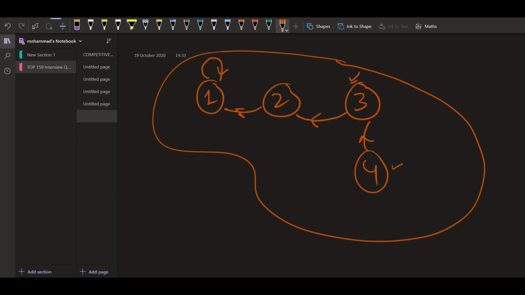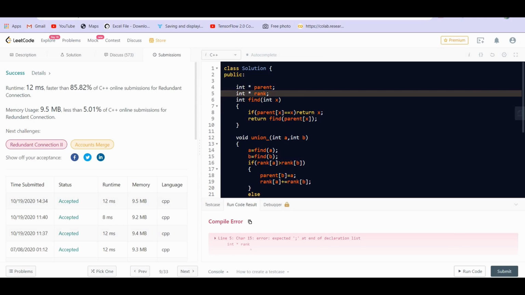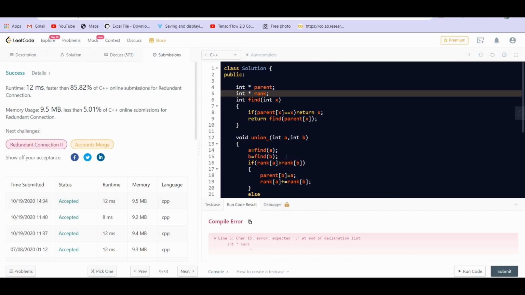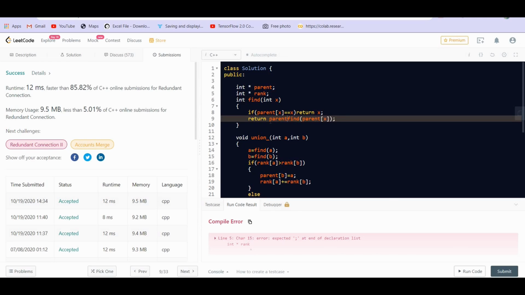Now in this case the base condition will hold, so we have the parent of x equal to x. So 1 is returned here, 2 returns 1, 3 returns 1, and finally 4 returns 1 as the representative. But when we are returning this, we can set the parent of these elements at the same time equal to 1. So if I make the parent of x equal to find of x, what we are doing here is